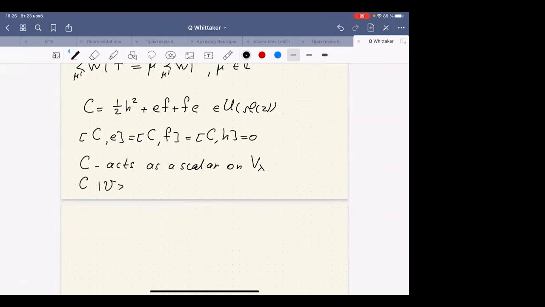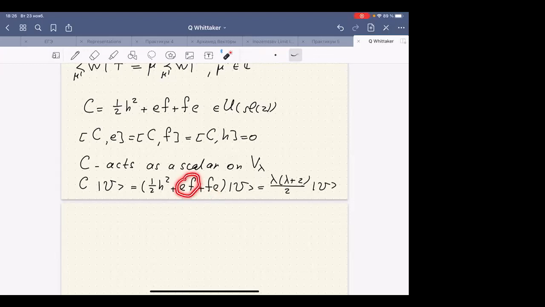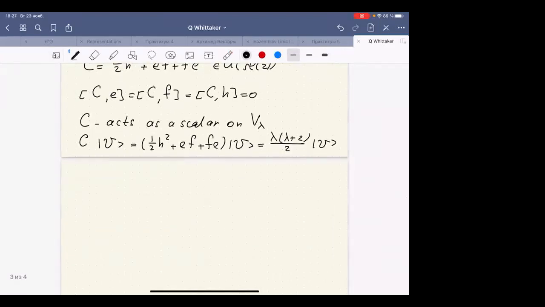So E annihilates V. Then for EF, we can move E forward and make it FE plus H. And then everything annihilates except for this term plus H. Okay, so then I write lambda plus 2 divided by 2 is equal to